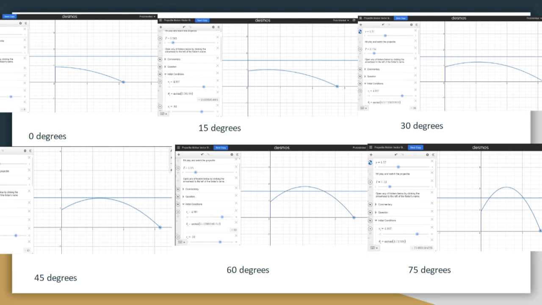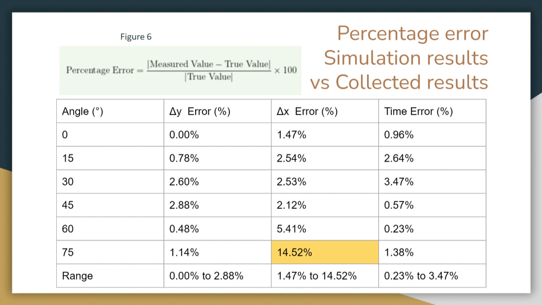Data also supports that as the angle increases, so does the vertical range, reaching maximum height at 90 degrees. The 14.52% error at 75 degrees is most likely due to the X-range measurements, easily having errors at steep angles, meaning small inaccuracies in measurements have a larger impact. Additionally,